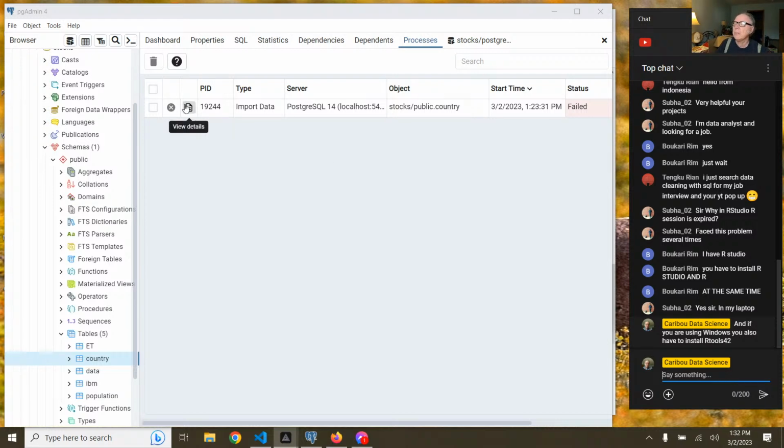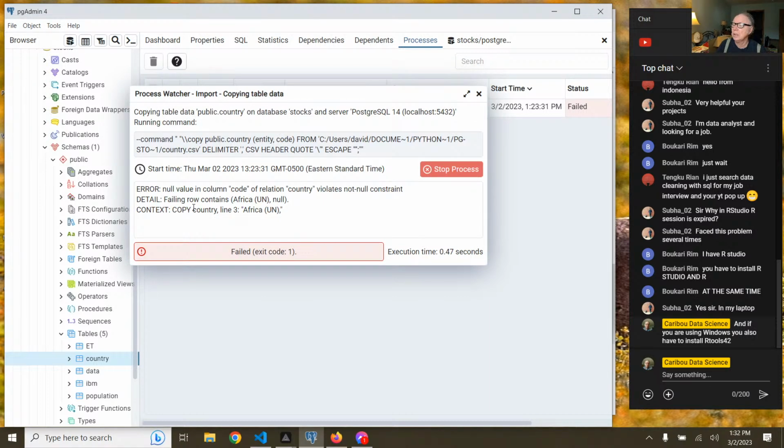So anyway, the first time I tried to import this code, I got this error message: null value in column of relation country violates non-null constraint. Detail: failing row contains, and the reason is because